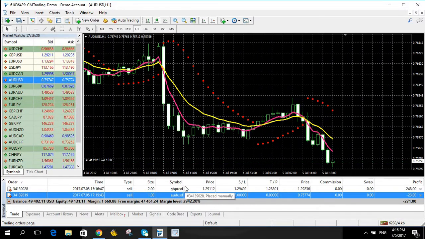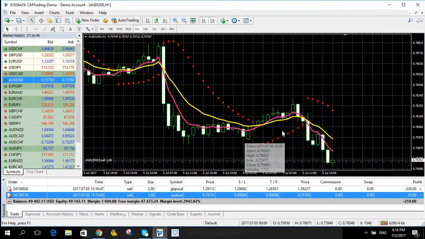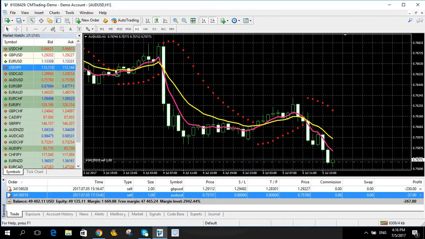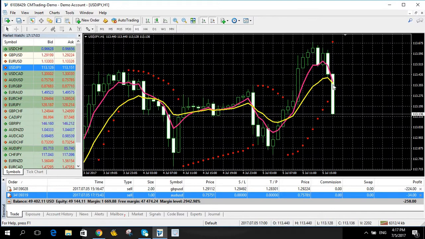Alright. Number two: do not enter a trade when there is no clear signal from your main entry signal indicators. For example, for you to enter a sell trade, the parabolic has to kick. Okay, let me get an example. All right, so let's look at this. This is trending well. All right, but not because it's trending well do you have to place a trade.